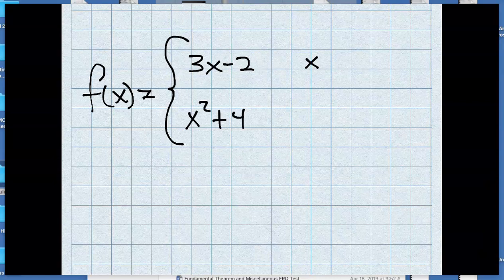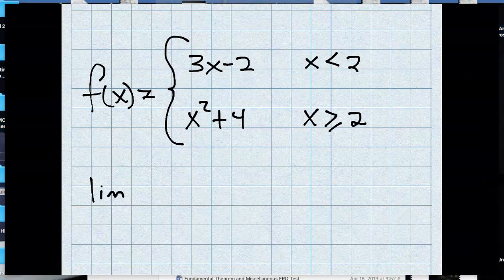And let's say we'll use this one when x is less than 2, and we'll use this one when x is greater than or equal to 2. And if we were trying to figure out what's the limit as x goes towards 2 of this function f of x,